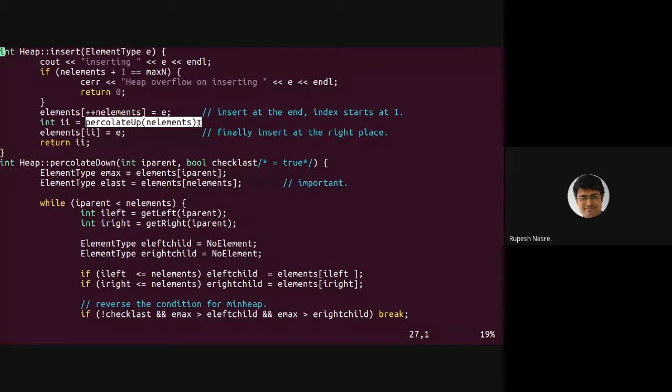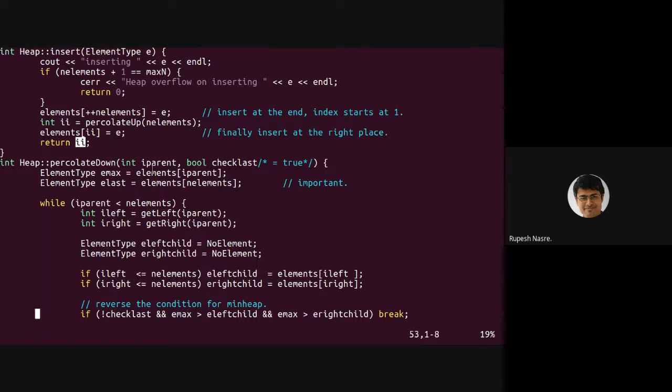And that percolate up, similar to what we had in the rotations case, is like a primitive which we can use in multiple operations. That percolate up is going to tell you where that element is getting moved up, because that element might be violating the heap order property. By inserting it at the end, we are satisfying the structural property. So percolate up is going to return the index at which that element should actually be present. And that is something which we do as the next step, and return that index, which is going to tell us where that element actually got inserted in this array, which might be useful for some callers, but not very useful in our case.